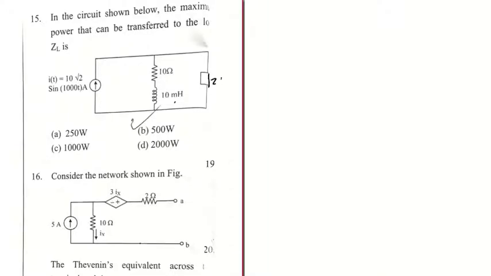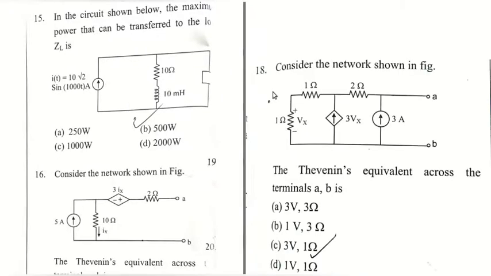We have to find out the maximum power that can be transferred to the load ZL. 15th question. In the circuit shown below, the maximum power that can be transferred to the load is ZL. So